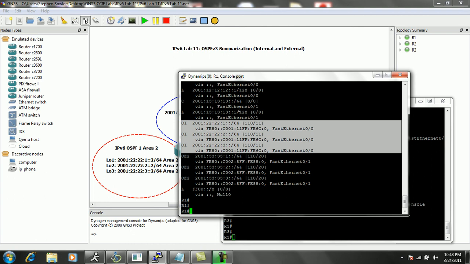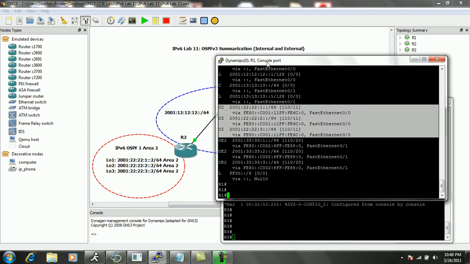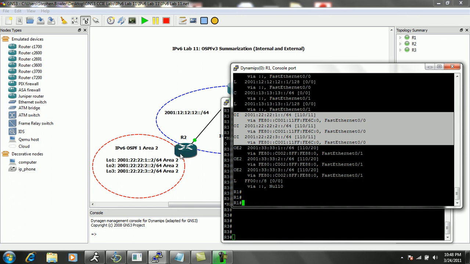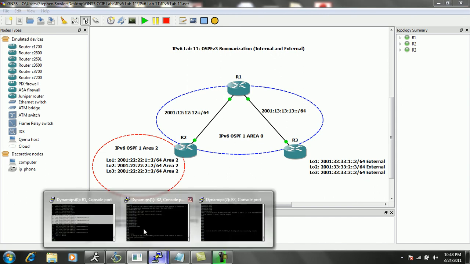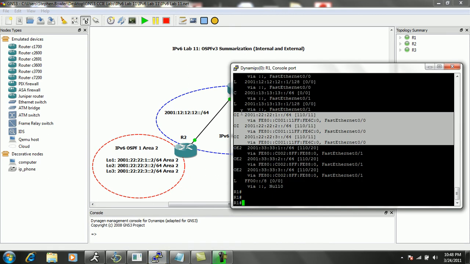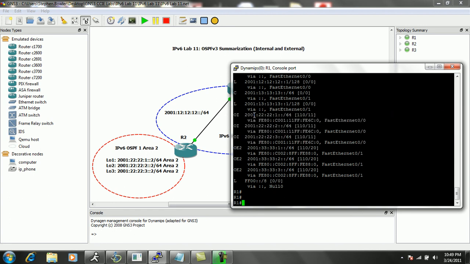So what we're going to do is go on to router 2, and we're going to perform internal OSPFv3 summarization. Again, internal summarization is where we take one area, in this case area 2 routes, summarize these and send these 3 routes into area 0. And then we're going to go on to router 1 and verify this. So the end result on router 1 is that instead of 3 OSPF learned inter-area routes, we should just see 1. Then we're going to go on to router